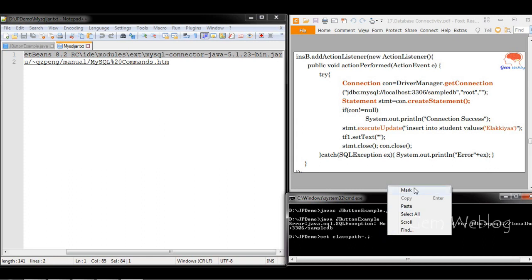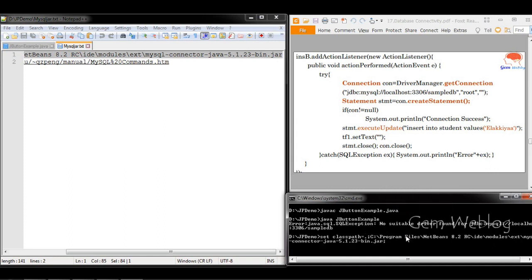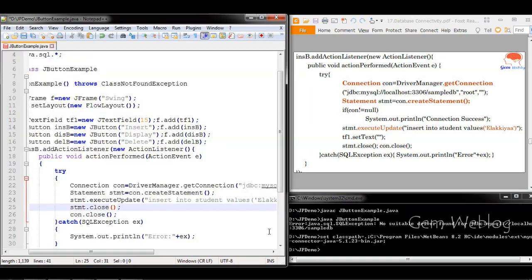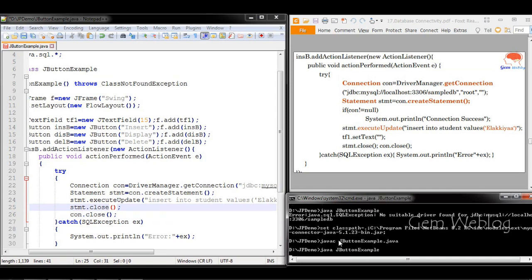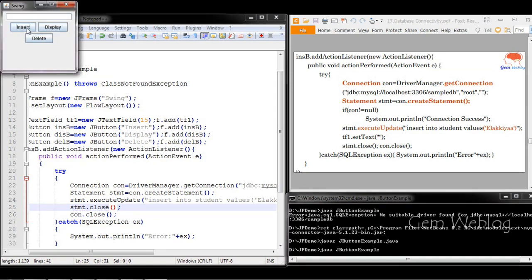First you have to locate it, and wherever it has been found, you have to copy the path of that jar file. Now I am compiling it. Now we have inserted. Since we didn't display anything, it also didn't produce any output.